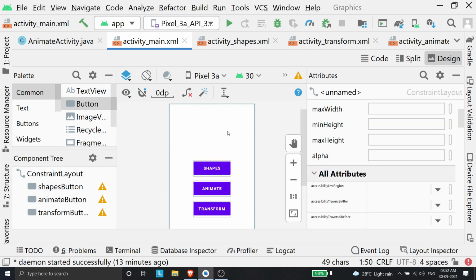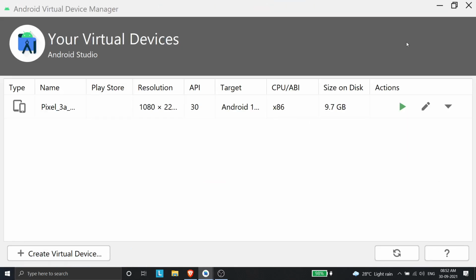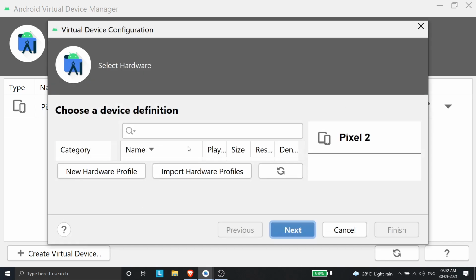And yeah, I forgot to mention one more thing. Once you install Android Studio, by default there will not be an emulator installed. You need to install an emulator to run the applications on your system, like it will emulate an Android phone in your system. So for that, you should go to Tools and go to AVD Manager. And inside AVD Manager, you can see that I have a Pixel 3a emulator installed. Basically, that's a Pixel 3a device. But if you do not have any device installed, this will be empty. There will be nothing over here. For that, you need to create a virtual device, and inside that you can just choose any device you want.